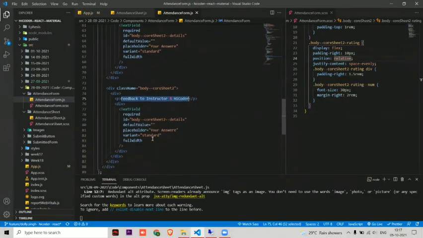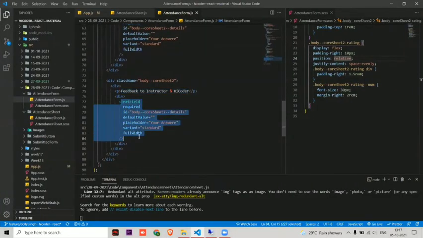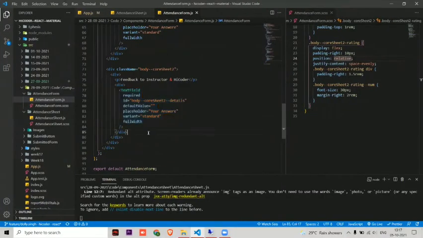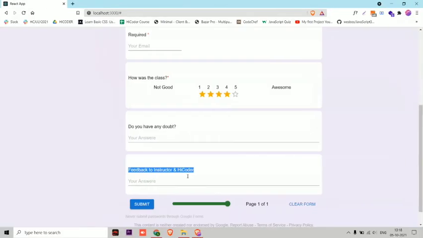Okay, and here again this is the text area. Okay, so which you can see here, and to make it full width we have used direct full width. There is a fixed thing which you can use. Okay, so here we have used it, which you can see here. Okay, and for these things we will see in the next page how we have designed it.